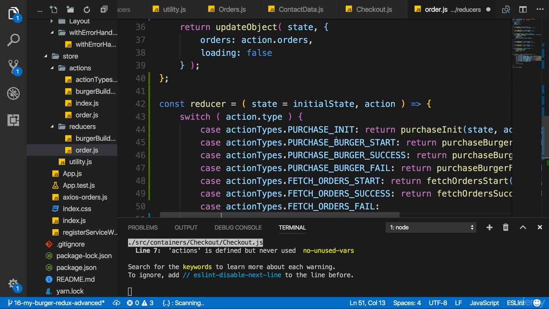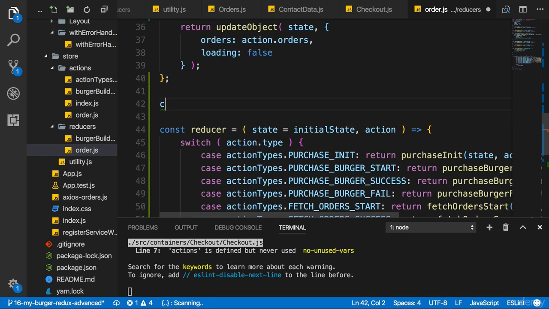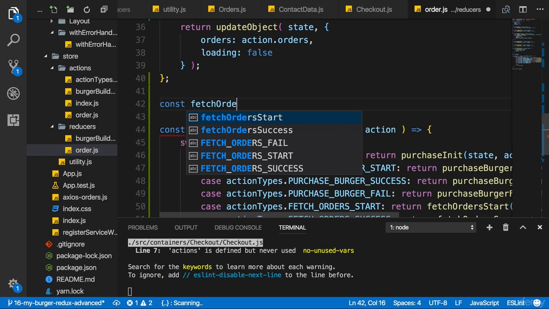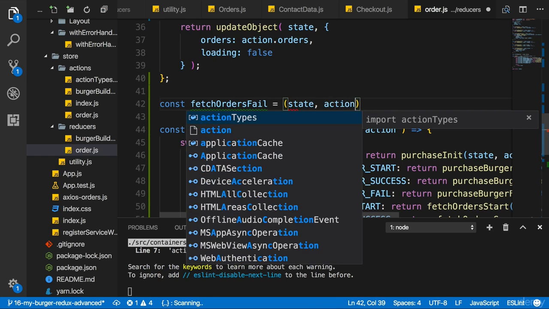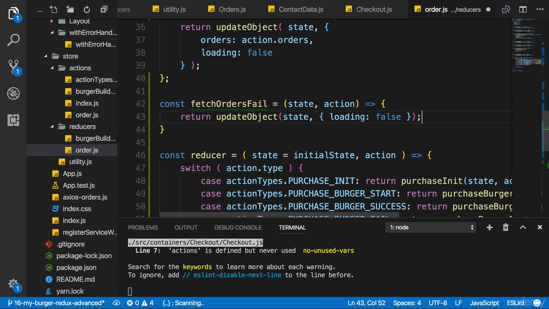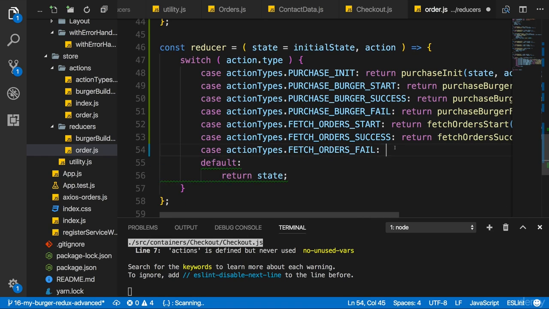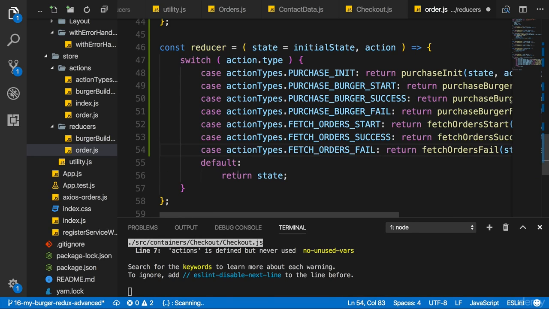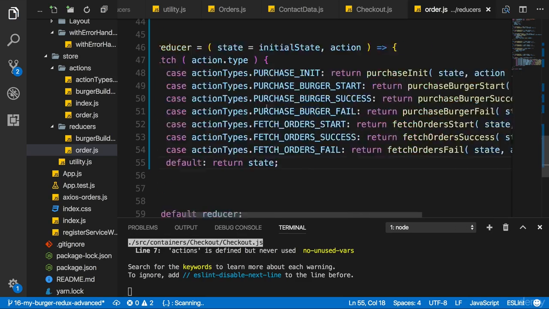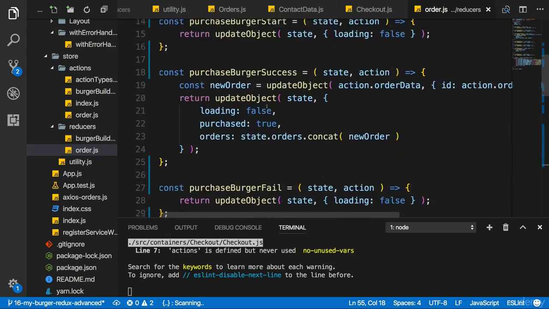One more to go, fetch orders fail. So there, let's have a constant fetchOrdersFail. Also receive state and action here. Return something, return the code we just cut out. And let's call fetchOrdersFail for this case. So we return the result of that call here too. State, action like this. Let's put the state for the default statement in the same line. And now we got a lean switch case statement for this reducer too.